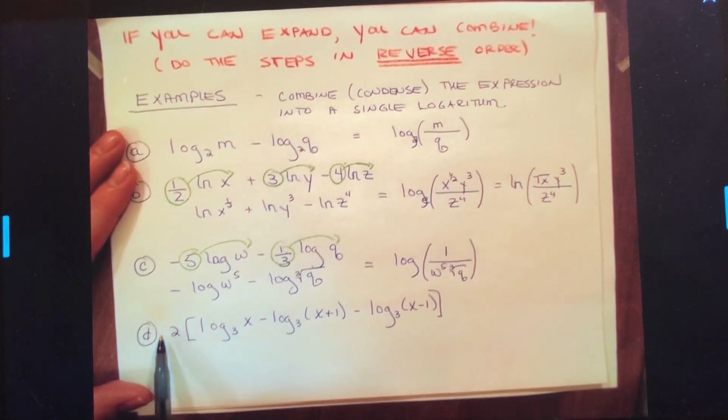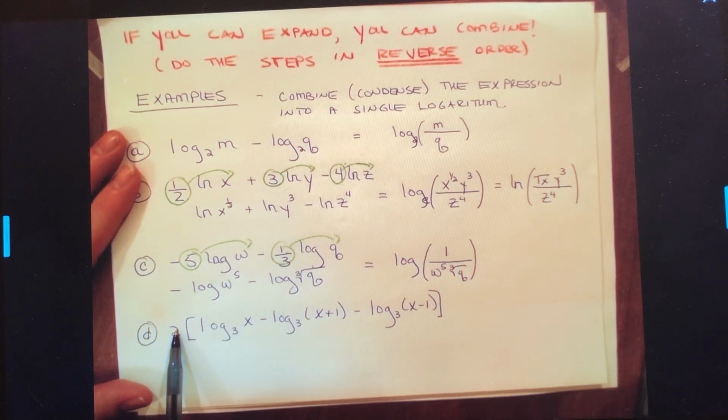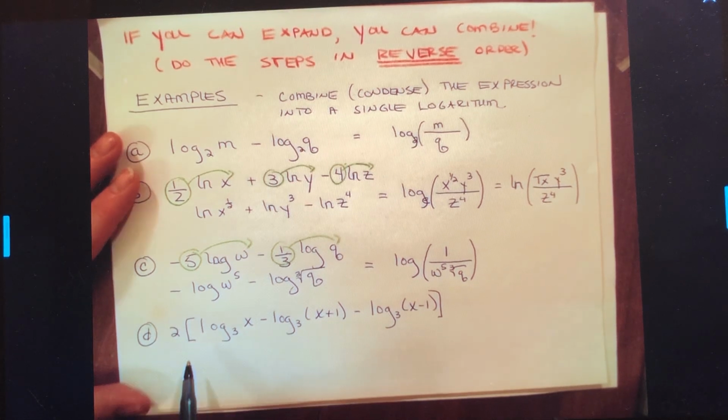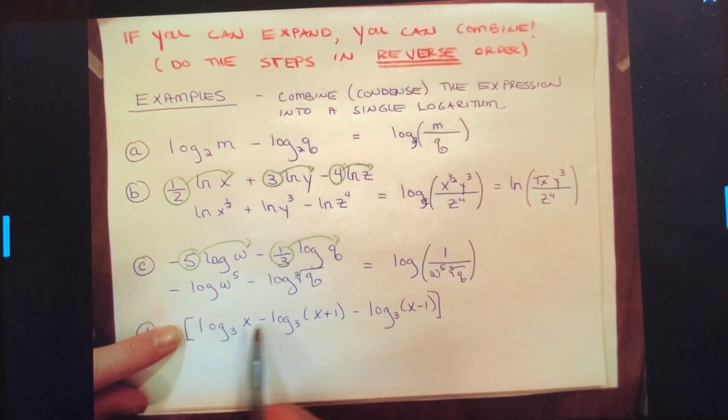This one, we have a multiplier out front. And so if you wanted to, you could push this 2 in, you could distribute it into each of those terms, and then take that 2 individually and pop it up. I don't think that's necessary at this point. Instead, I'm just going to kind of leave this guy out here as a multiplier